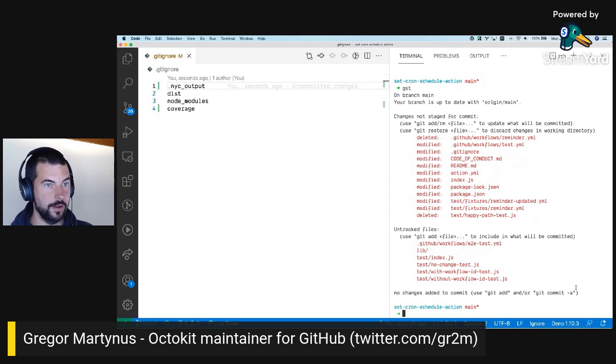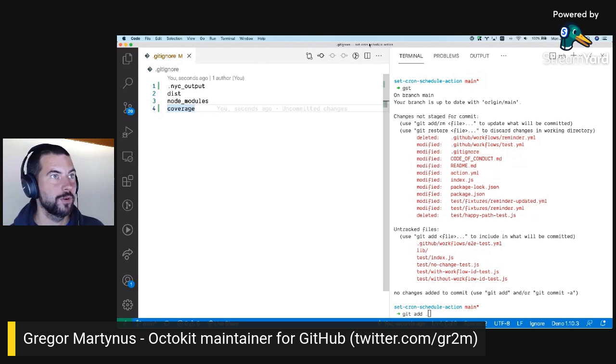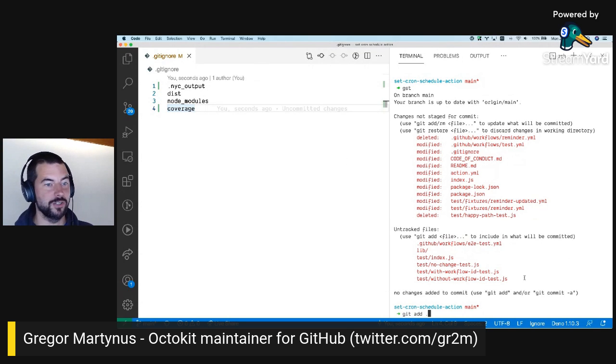Now I will just add it all together, because before I used this repository for a different kind of cron idea where I could just iterate through an array of schedule triggers, but then I found out that GitHub Actions supports that by default. So instead, I want to create a set cron schedule action where you can just update the schedule trigger either on the current workflow or on one you define with the workflow input.